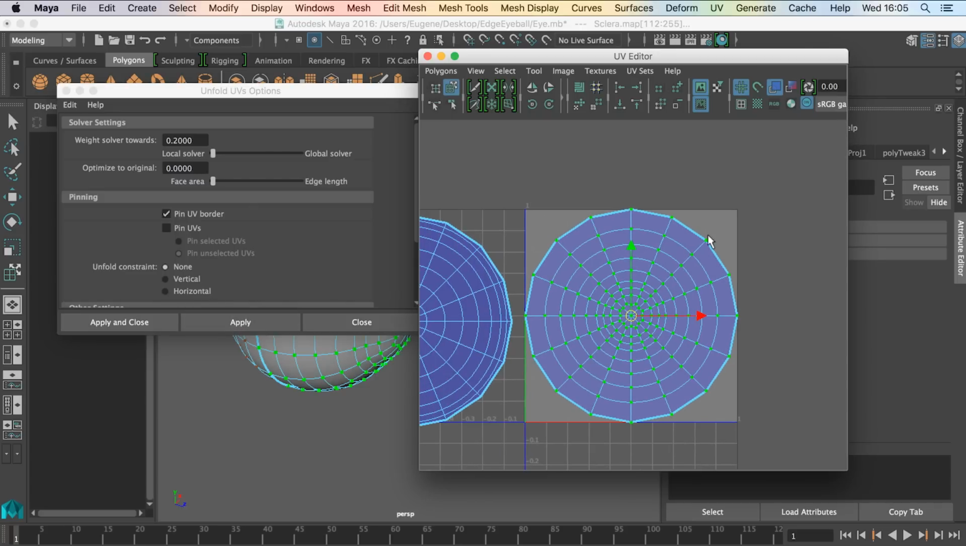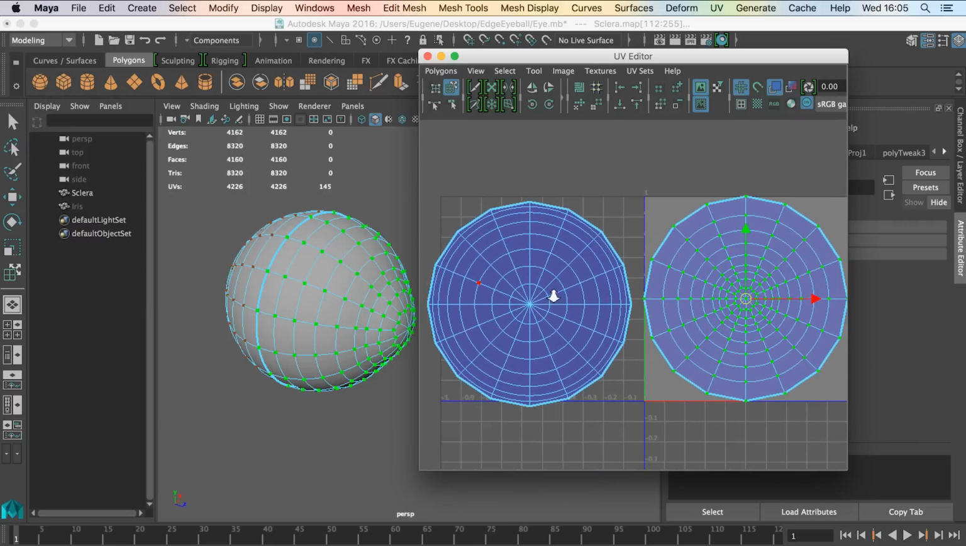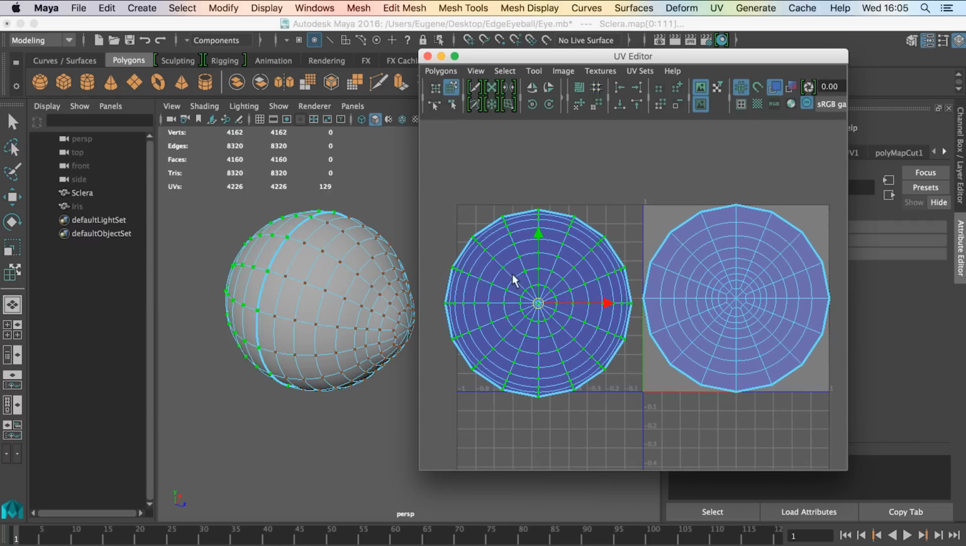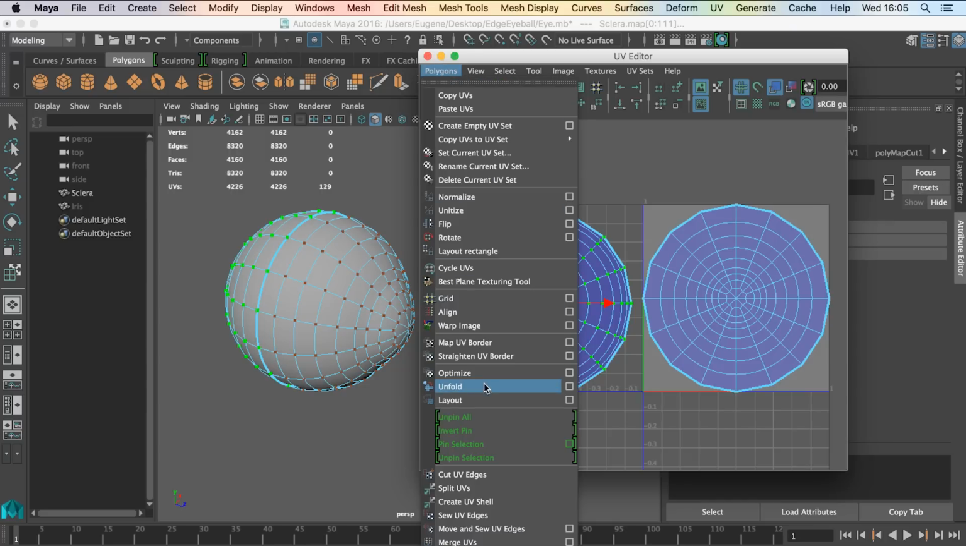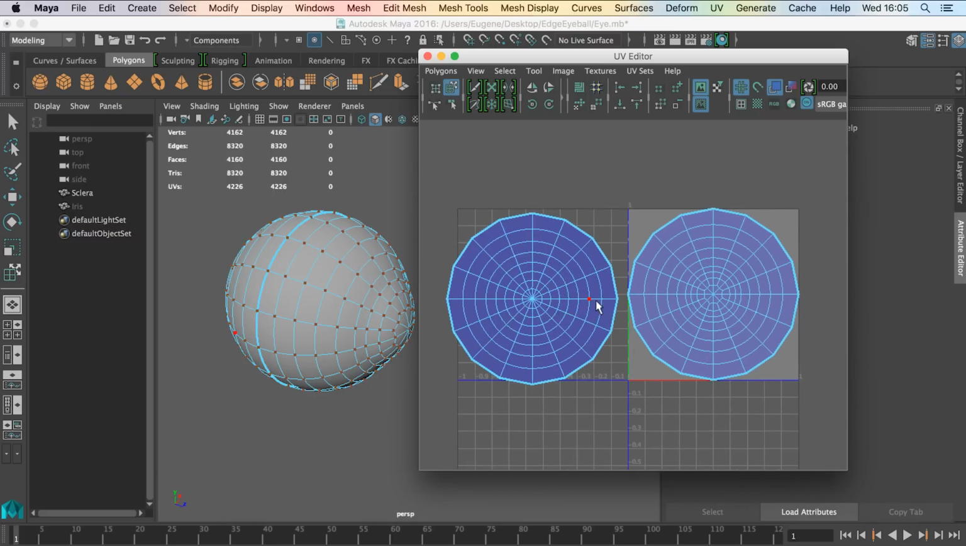Concentric, going from the center out to the border, but the border itself is intact. Now what we want to do is the same with this side here. So I'm going to go to polygons, and this time I can just press and fold because all the settings that we have punched in there are going to carry over. With press and fold, now we have sort of matching UVs